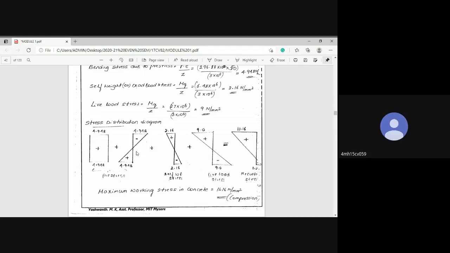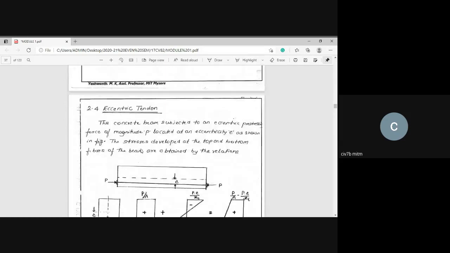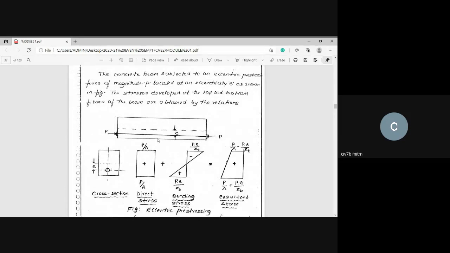See here, once the pre-stressing force is induced at the bottom, because you can see in the problem here, when I induce the pre-stressing force at the bottom, I will always place the tendon or steel below the neutral axis. That means it will create a compression phase at the bottom, because it is compressive stresses here. And above the neutral axis, it will be negative. So that is what has been drawn.